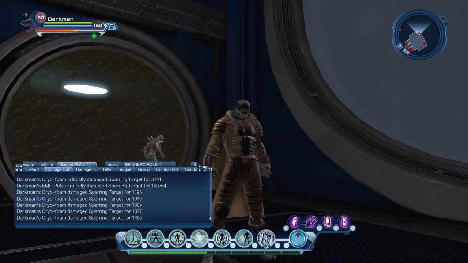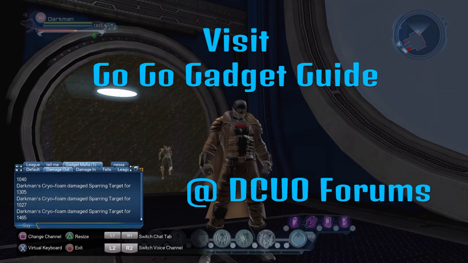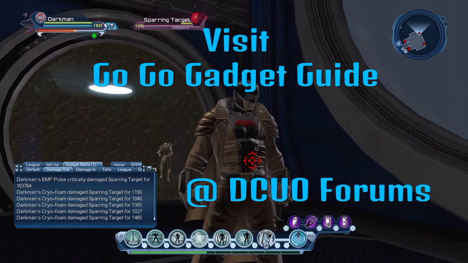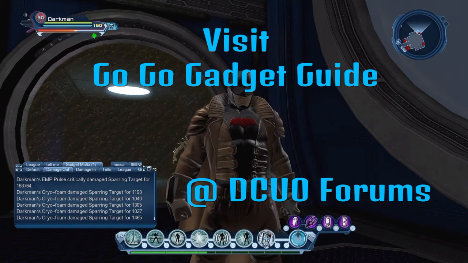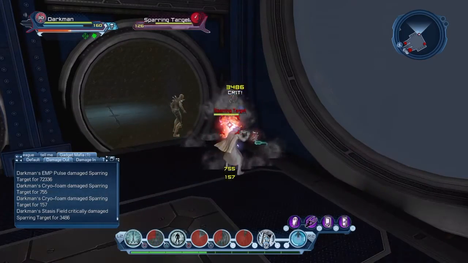If you're looking to build yourself a loadout, or you're just curious how the power set works, you're looking for base numbers, you want to see whether or not somebody's telling you something that's accurate, I definitely recommend that you look at my Gadgets thread in the DCUO forums. It's just the Gadgets guide in Oracle's database. All the information there is always updated, and it's a pretty good source, and been a pretty good source for like maybe 4 or 5